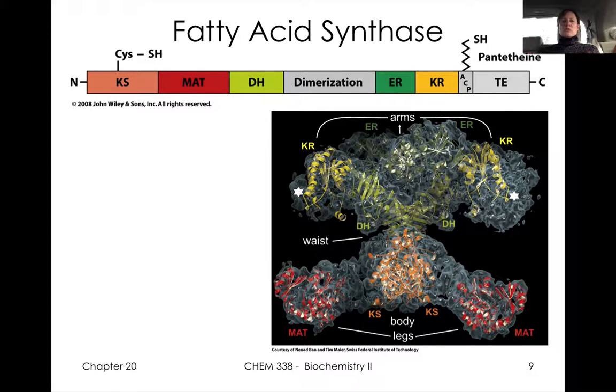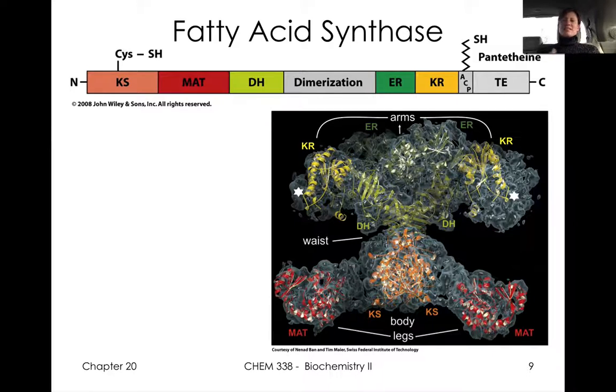All right, so I'm going to introduce this here, and then we'll talk about the details of the steps in our activity. I'll just highlight them in the next few slides. So fatty acid synthase is a multi-subunit enzyme that has all of these different domains here that allow us to do the chemistry, these multi-step chemistry that we see to synthesize fatty acids. So when we talked about using this acyl carrier protein to tag fatty acids, that's actually part of this fatty acid synthase. So we're going to have this thiol group that we're going to do a lot of these